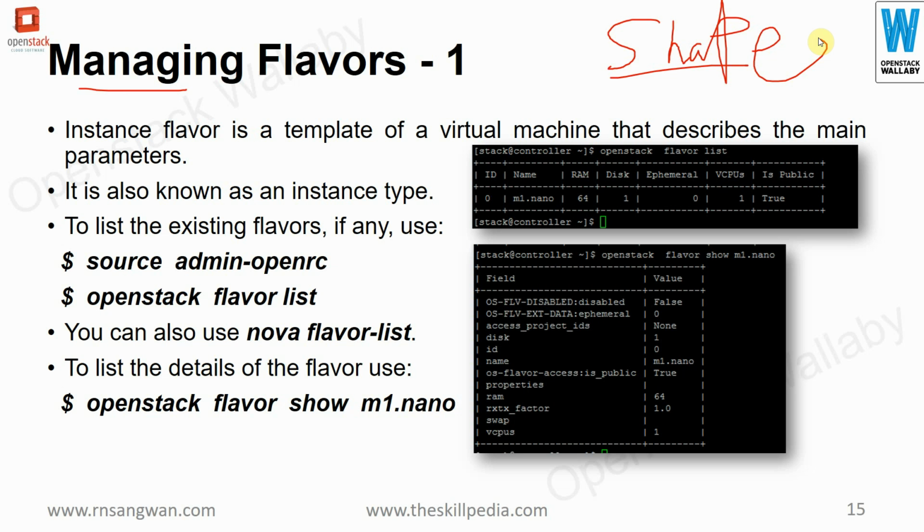You create different templates to launch instances. A template consists of RAM, disk, name, properties, swap space, virtual CPUs. So like here, you see the name. This is the name of the shape. In OCI, we call it a shape. So name of the flavor, RAM, disk, IP address, ephemeral IP address, virtual CPUs, is public. So this is a shape. Similarly, you can create as many shapes as you want, which are nothing but different templates for launching instances. So instance flavor is a template of a virtual machine